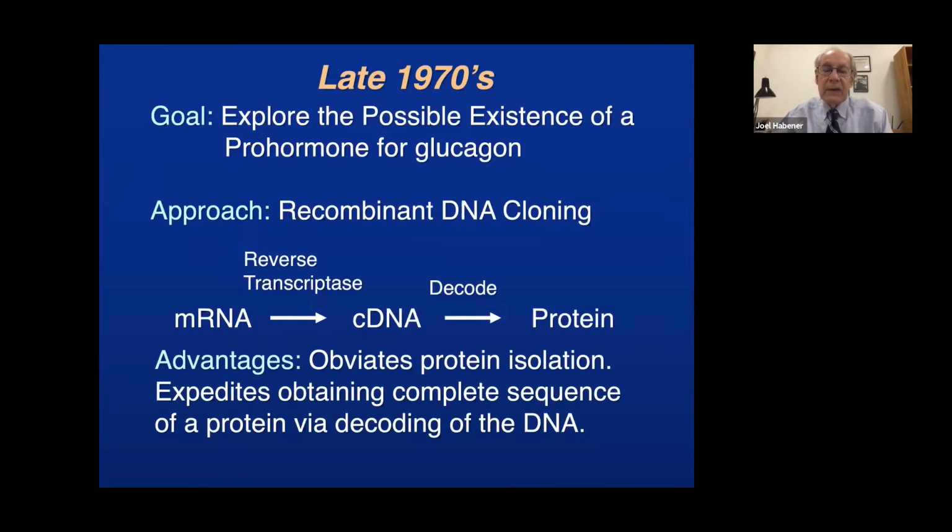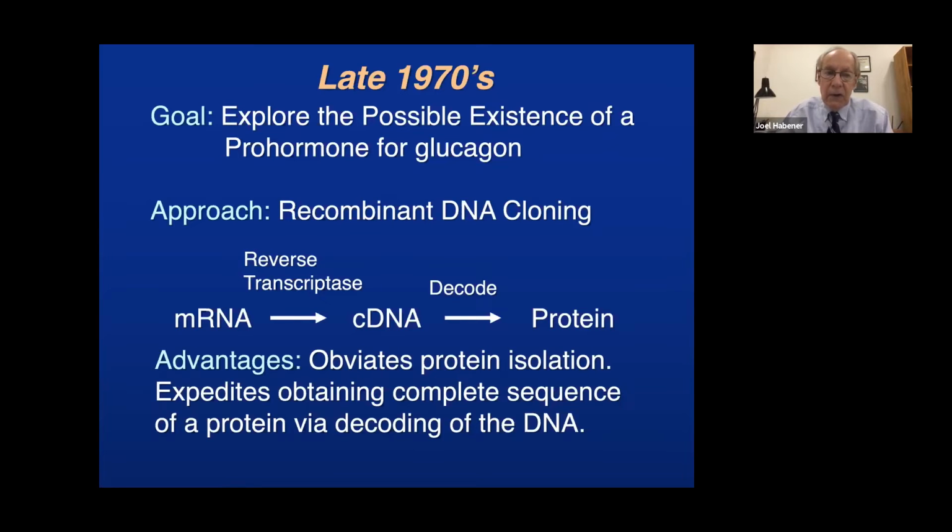In the late 70s, in order to fulfill a goal that we set to explore the possible existence of the prohormone for glucagon, we exploited a new technology that had just been discovered several years before called recombinant DNA cloning. This is to determine the structures of proteins via the decoding of the messenger RNA,